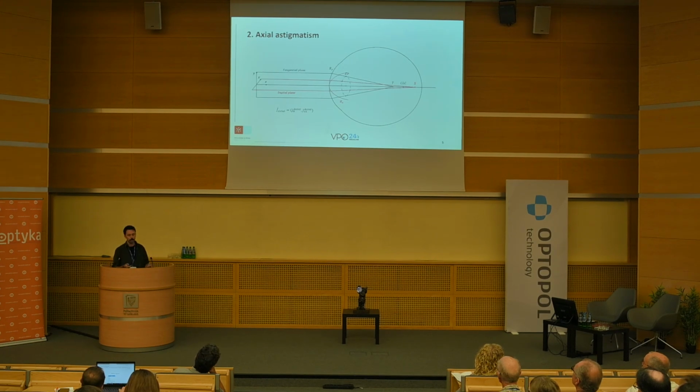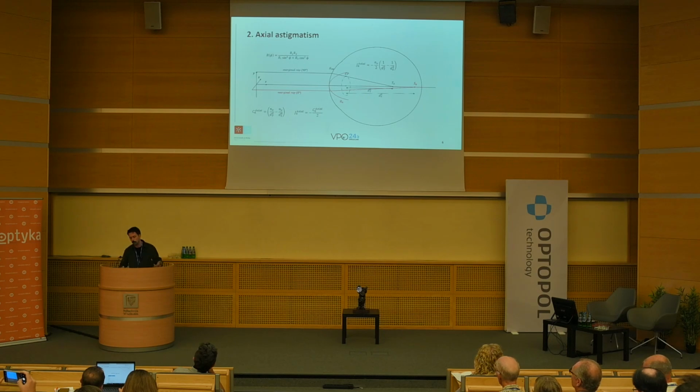For doing that, there are different ways. What we did is just propagating 2 different marginal rays at 0 and 90 degrees. Then we have this sagittal and tangential point. With the distances, we are able to calculate the divergences in the exit pupil plane, and then with the difference and the index of refraction, we can calculate the cylinder at 0 degrees. With the relationship with the cross cylinders, we obtain this expression, so then we are able to calculate this cross